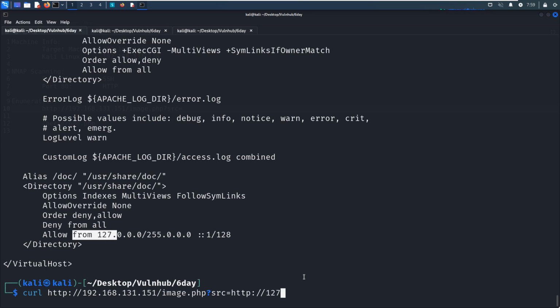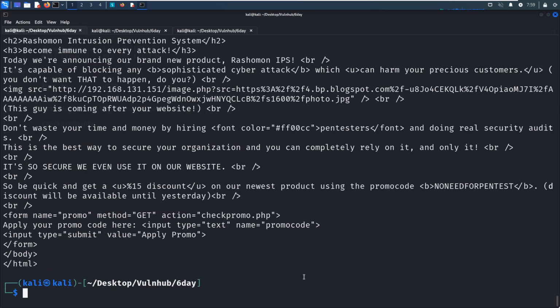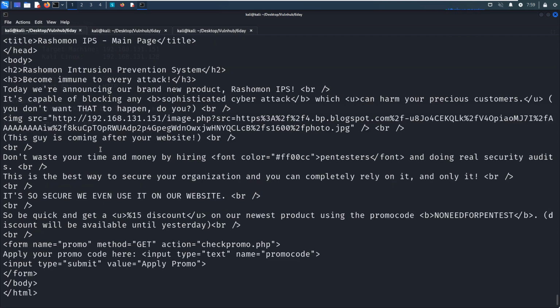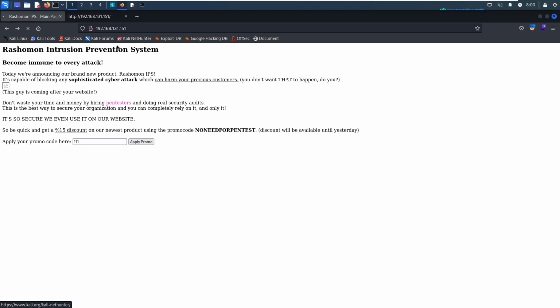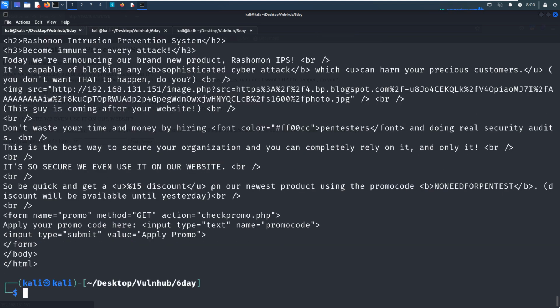So maybe I can do it first. 8080 and index. As you can see, we successfully got back the page. And if you compare the content of this page to this one, I think they are exactly the same, right?